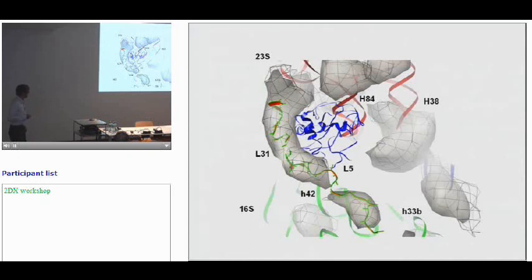There is a more accurate map from Thermophilus, a 2.8 angstrom map, which contains, so the E. coli map doesn't contain this L31 protein, or rather it's positioned at the wrong place in the ribosome, it turns out, because the Thermophilus structure has mapped the L31 protein in this region here. To me, it looks more or less like a random coil protein, but nevertheless, in the cryo-EM structure, it comes out as a very nice